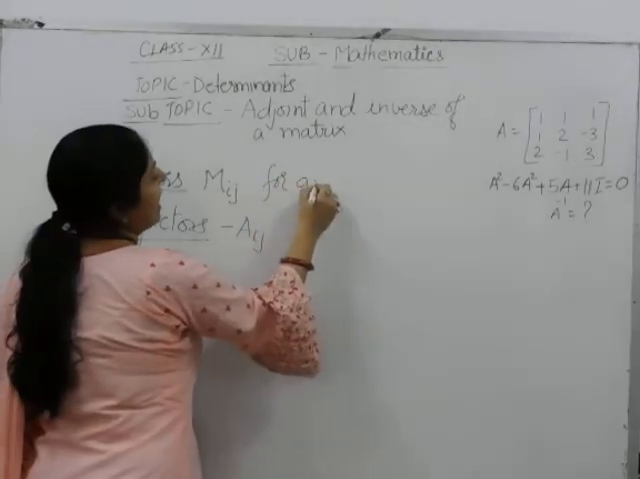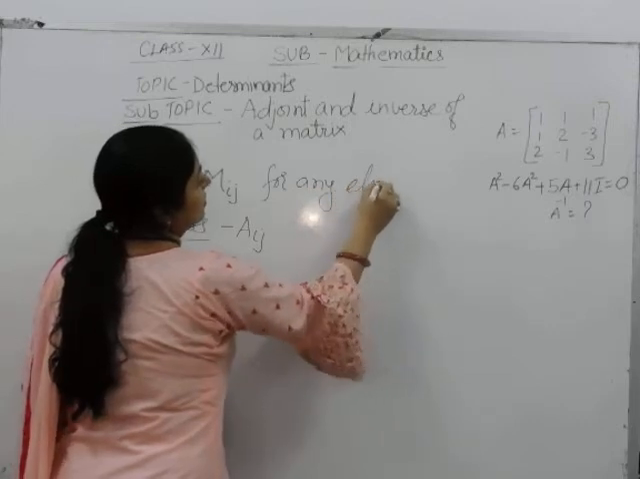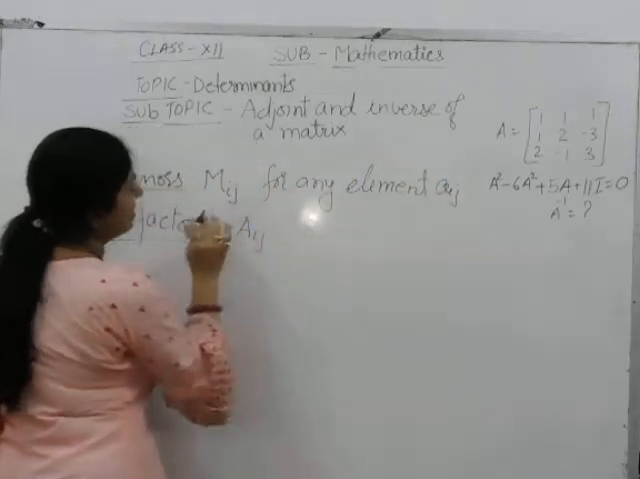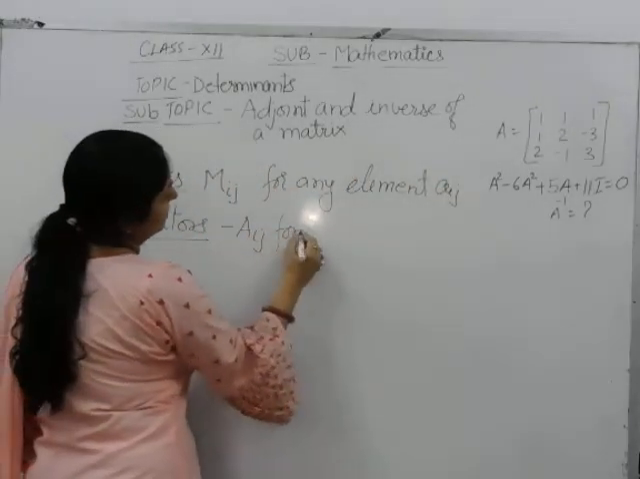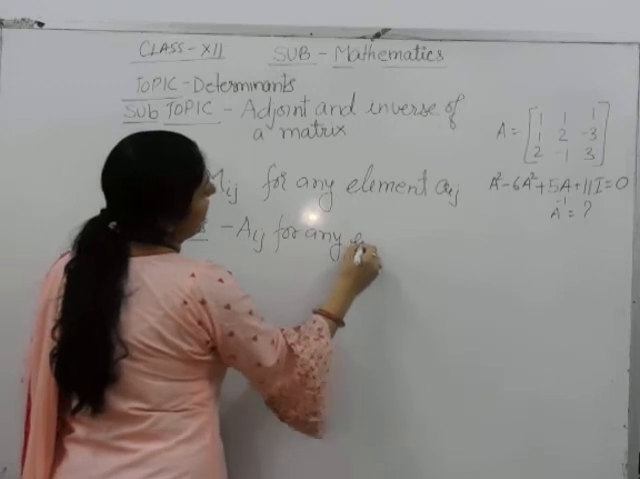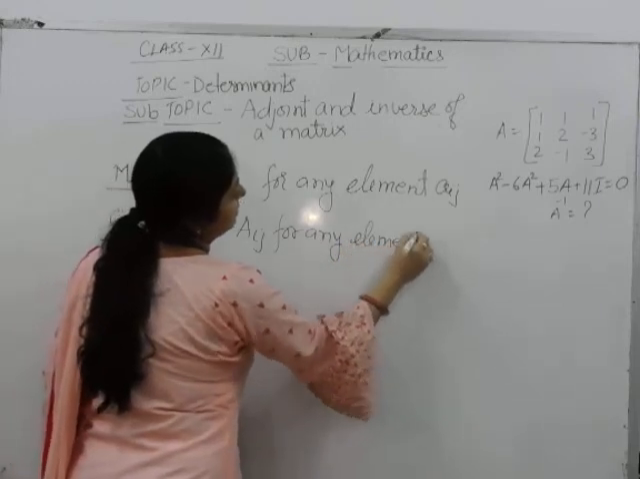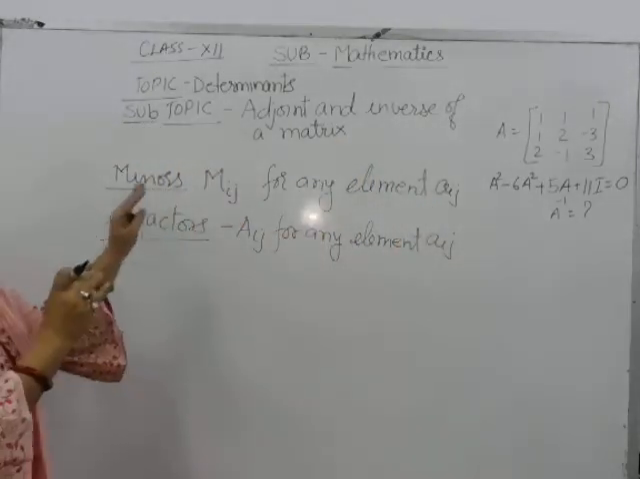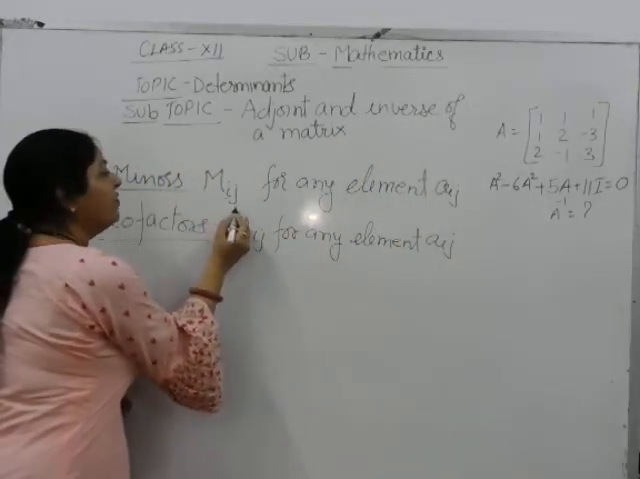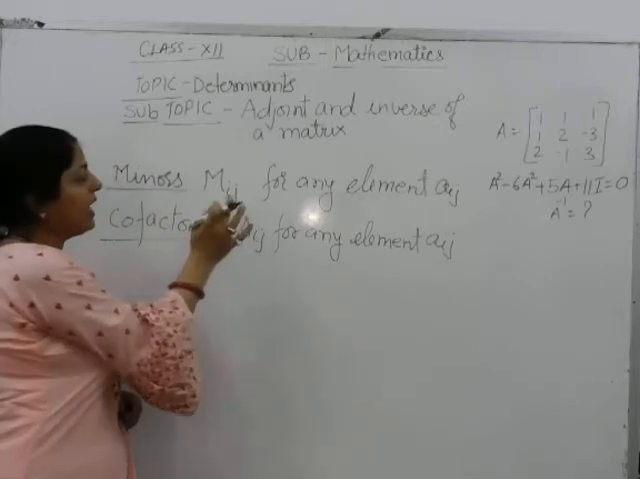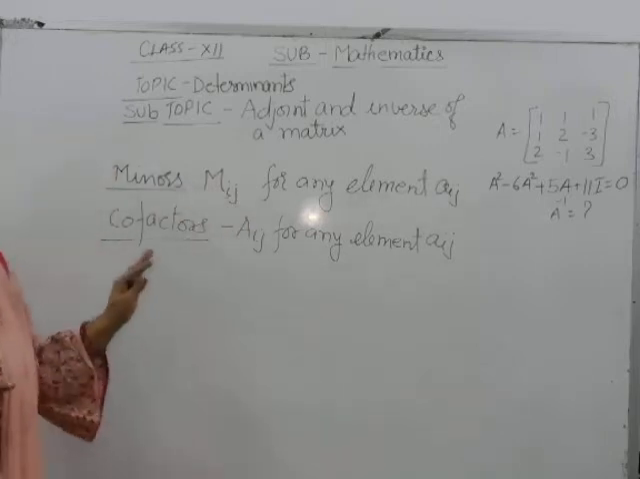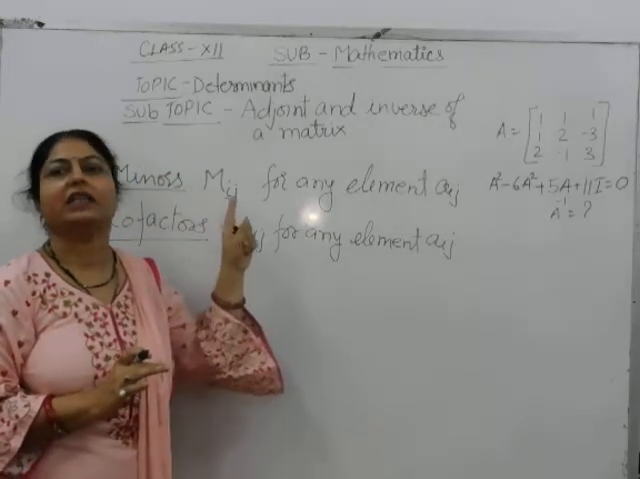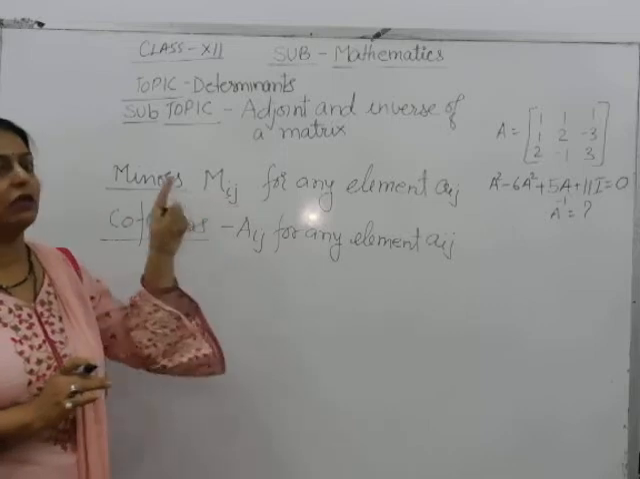For any element a_ij, this is also for any element a_ij, M_ij. What is i and what is j? i means row and j means column. We obtain M_ij by deleting the ith row and jth column. It means